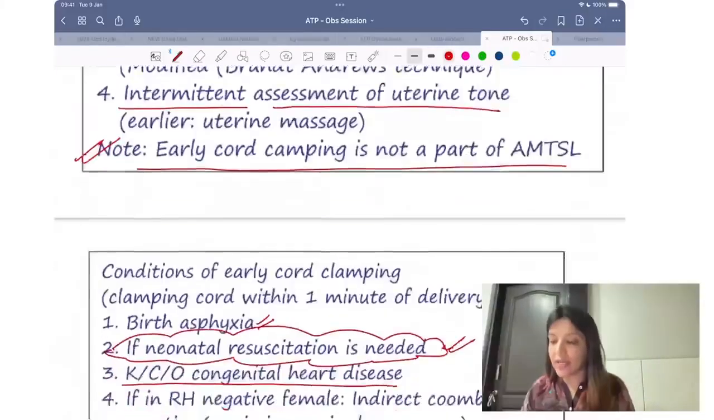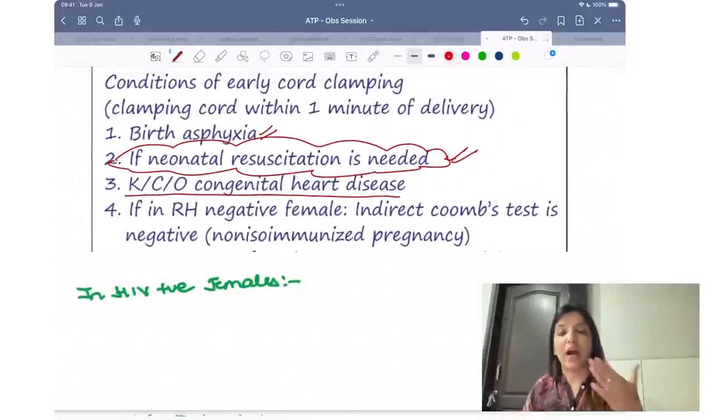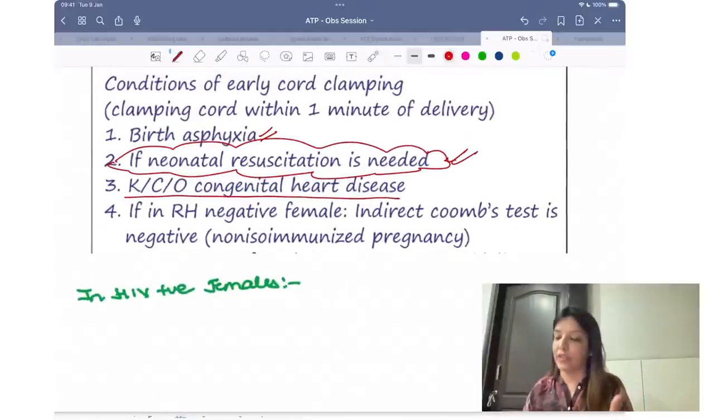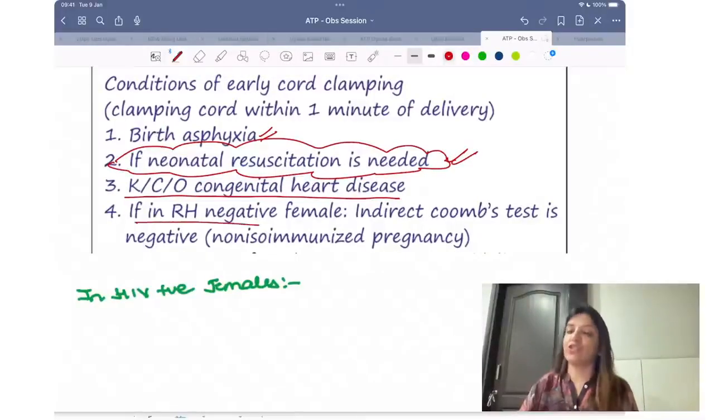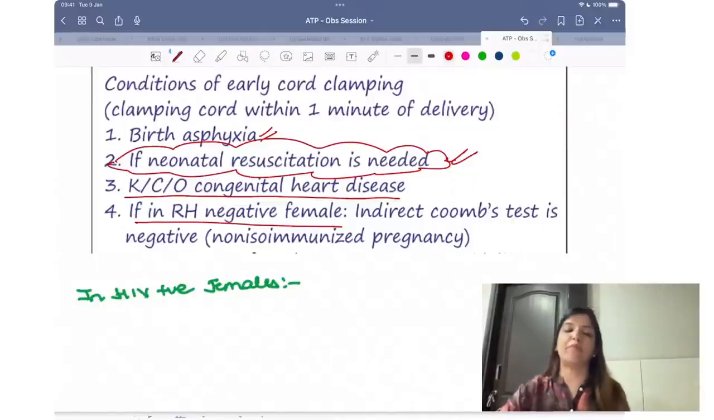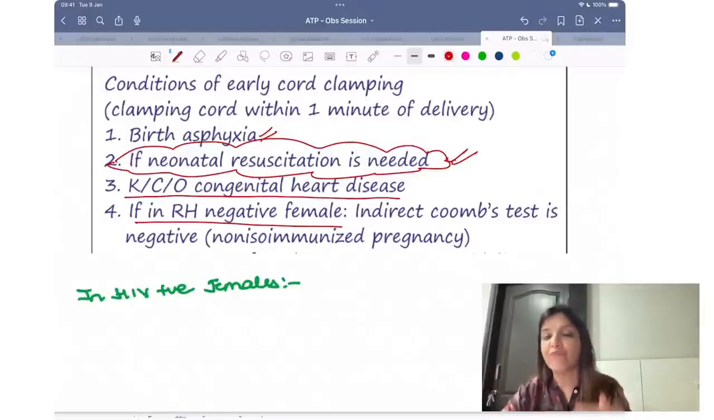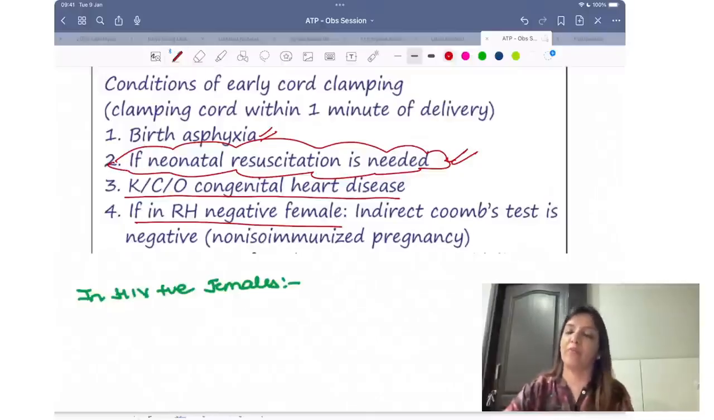Now that extra 80 ml of blood can precipitate heart failure if the baby is a known case of congenital heart disease, and in case of RH negative females. In RH negative females, if nothing else has been given and they simply ask you which type of cord clamping has to be done, please remember it is early cord clamping. But as I told you, the absolute indication, one indication where you have to do early cord clamping is wherever the baby